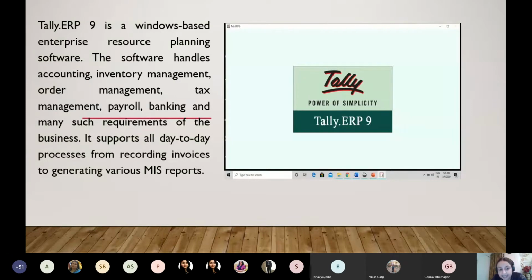But with the help of Tally ERP 9, you can automatically see the trading account, the profit and loss account, and the balance sheet. You don't have to do anything. You should just know two things: how to pass the journal entries, and the ledger. If you know journal entries and ledger, everything would be done automatically. We have been doing the balance sheet as per Schedule 6, which is again a very cumbersome task. But if you know Tally, you don't have to make any balance sheet as per Schedule 6. It will be made automatically with this software.